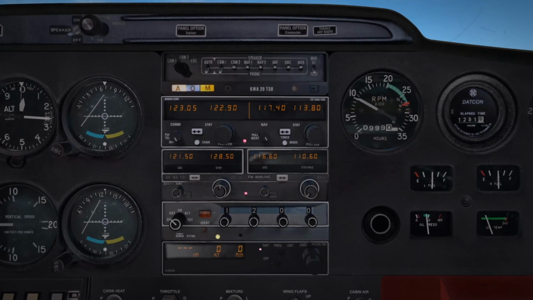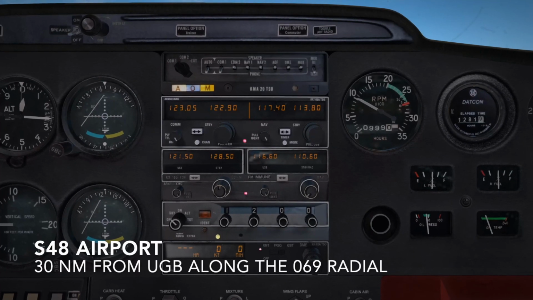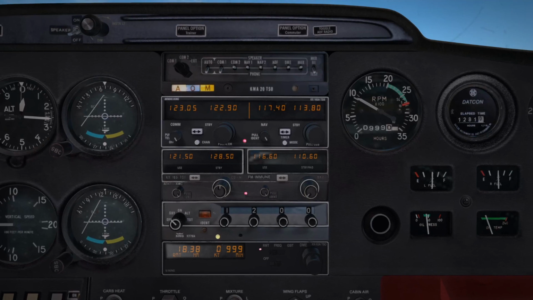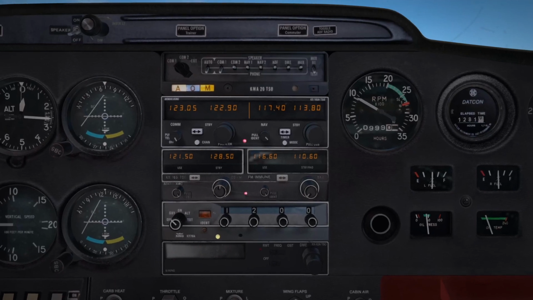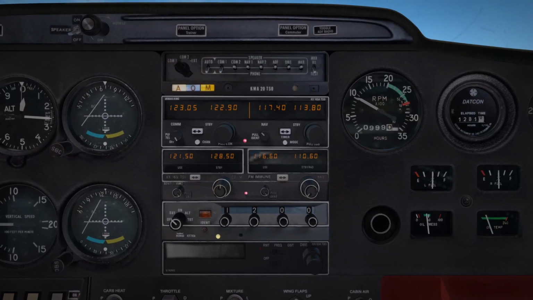My C-152 also has a DME, which, if I connect to Newburgh, will tell me the distance from Newburgh. At 30 miles from Newburgh, I will be directly over the airport if I fly the 069 radial. I'm guessing the answer to my question will be no, however, because the spirit of the challenge is probably to do this with visual references only. So I will toggle off both nav radios and the DME for the flight and find a different way to